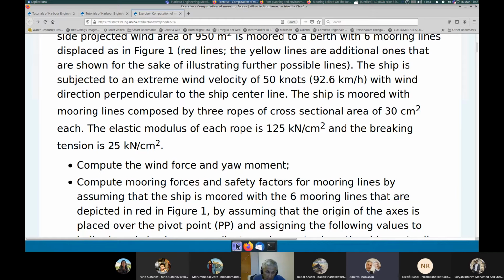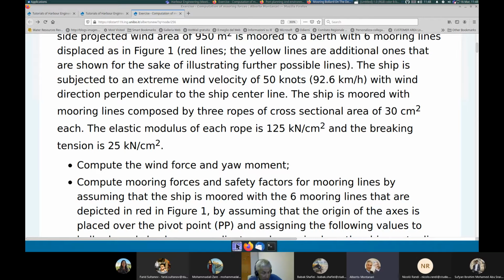Why do I need an estimate of the breaking force? Because once I have estimated the mooring forces for each mooring line, I have to check that the mooring force is well below the breaking force for each mooring line. I hope this is clear. And let me check on the chat if you have any question. Okay, and the